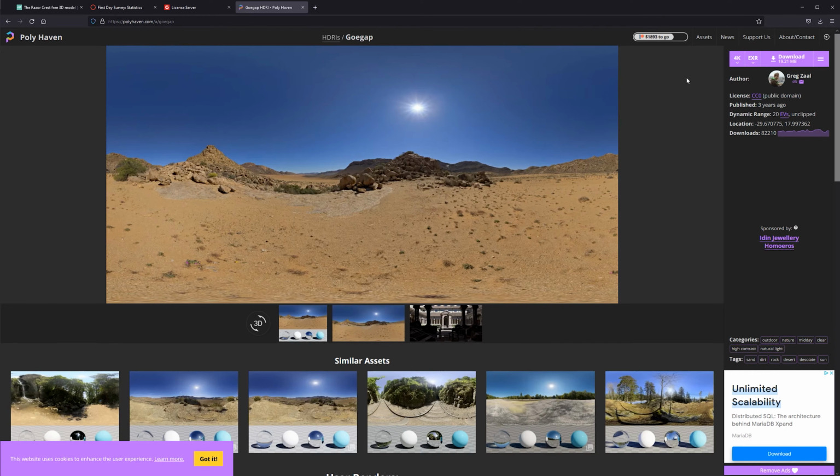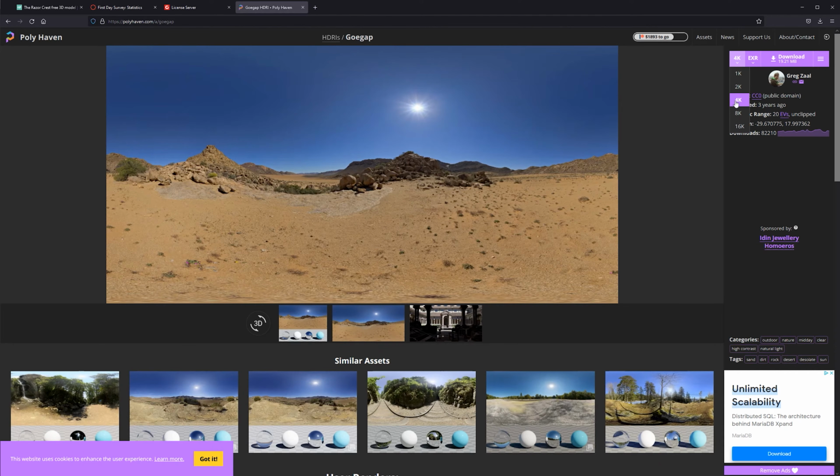Now for the format here, there's a couple different choices. Well, actually a few on some of these. You can do 1K, 2K, all the way up to 16K. You really are probably fine with 4K unless you really want to zoom in on a surface and then see super sharp reflections, which you might need. But I don't think that we're at the point where 16K is required or really beneficial. It's cool. It's like a future-proof thing. I'm sure everyone will be using 16K HDRs in a few years or something like that.